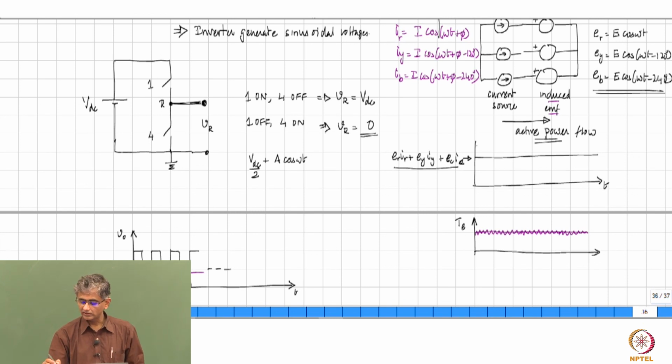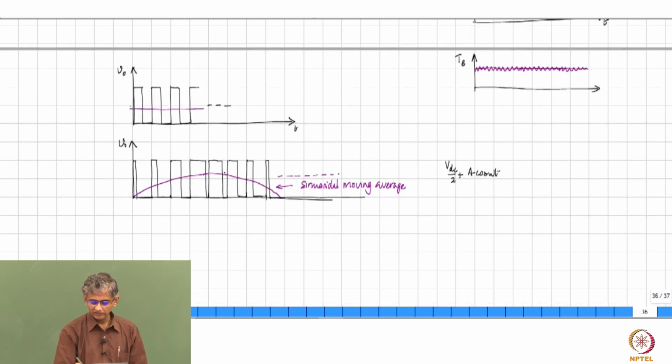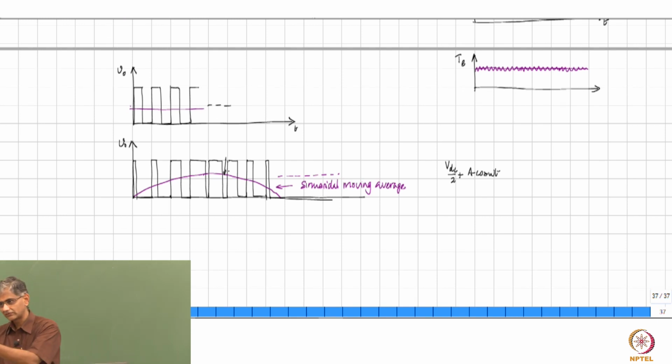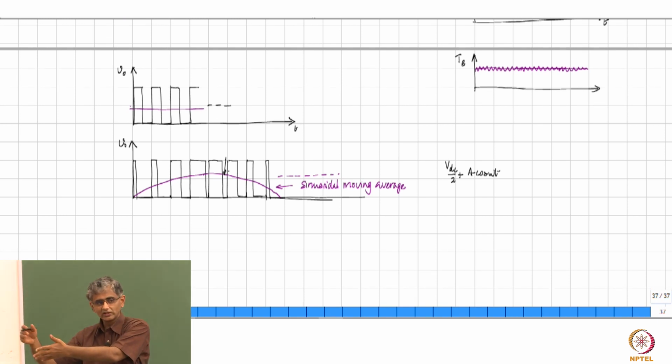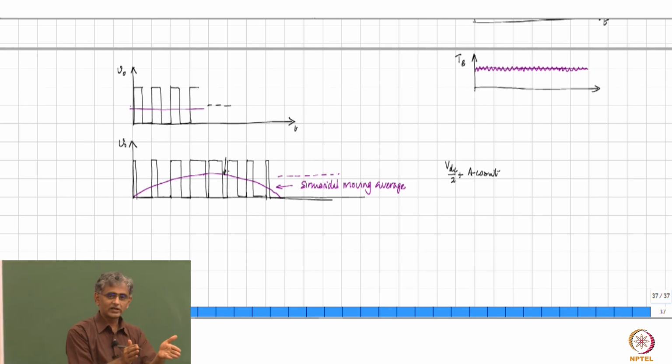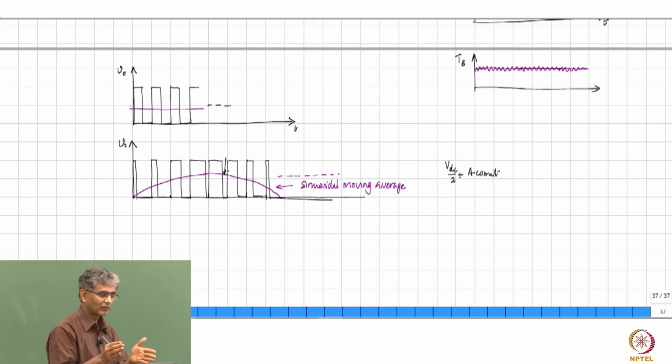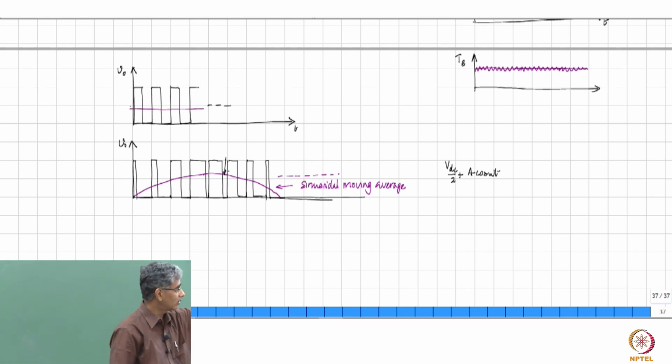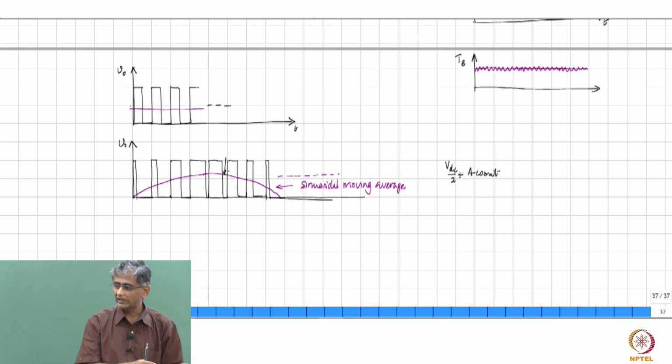How do you now generate another output voltage which is phase shifted by 120 degrees? All you need to do is phase shift this sinusoid by 120 degrees for the next phase and further by another 120 degrees for the next phase. Therefore, you are generating 3 sinusoidal voltages of same amplitude phase shifted by 120 degrees each. And you are also adding a DC component to it. How will that affect the rest of the circuit? Will you see a DC current also flowing in addition to sinusoidal current?